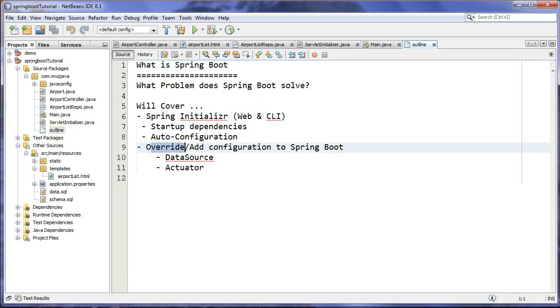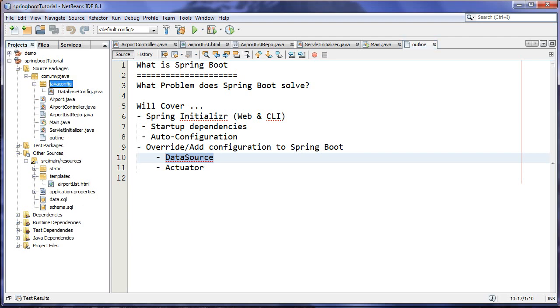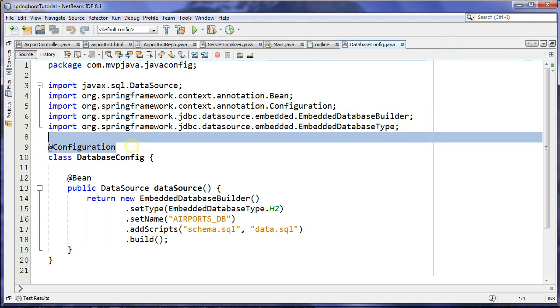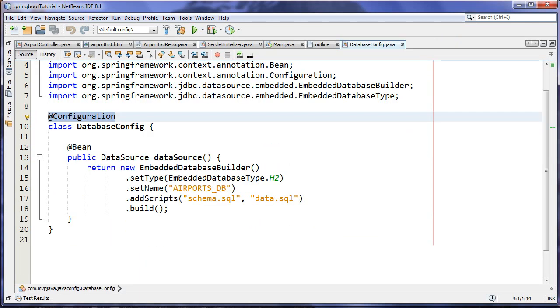So how do I override or add configuration to Spring Boot? I decided to override the configuration by specifying my own data source. So where did I do that? I did that in this package over here, database config. It's an add configuration class, so it's a Java config class. It's going to get picked up automatically by Spring Boot because, don't forget,